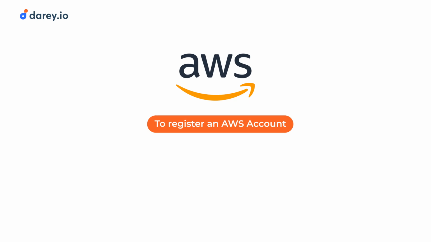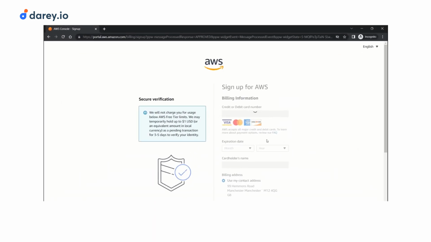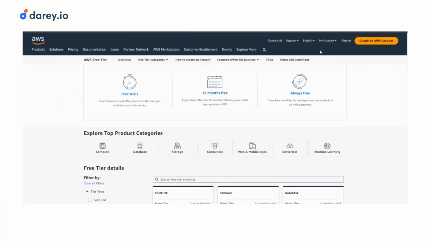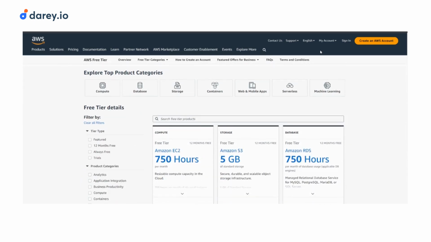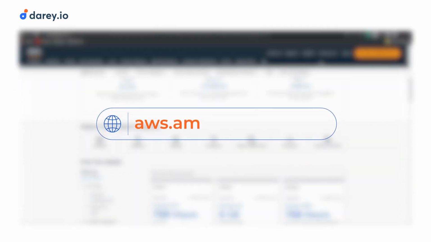To register an AWS account, you're going to need a valid email address, phone number, residential address, and a credit card. That's only for verification, so you won't be charged. But if you do see a $1 charge on your bank statement, then it will be refunded back into your bank account. The list of resources that will be available to you under 1 year free tier can be found at